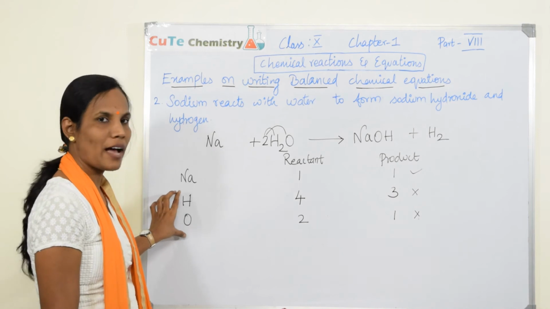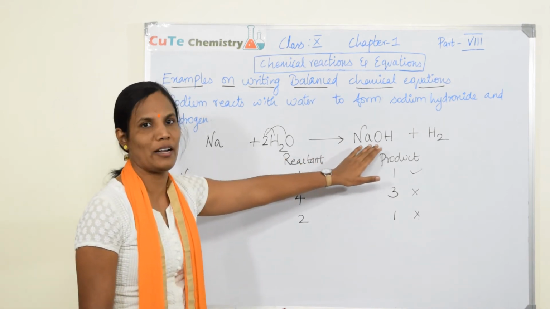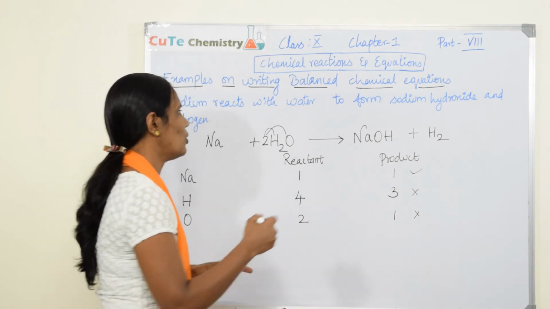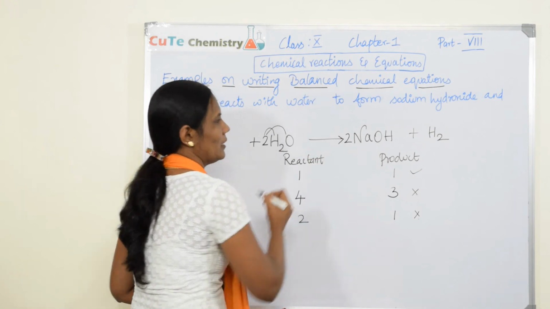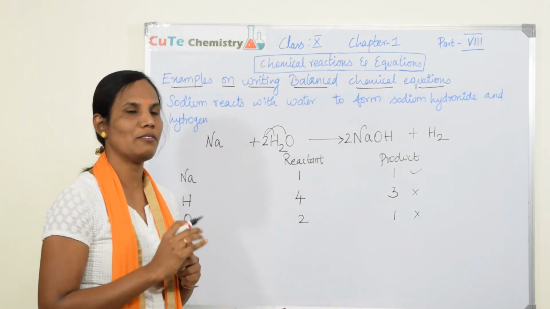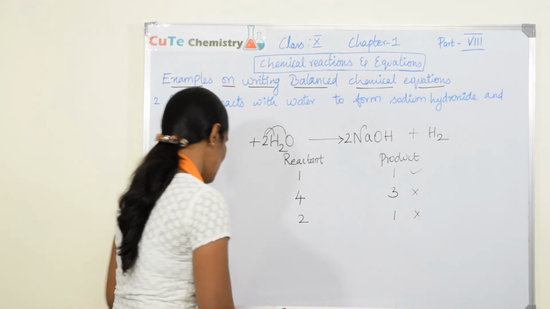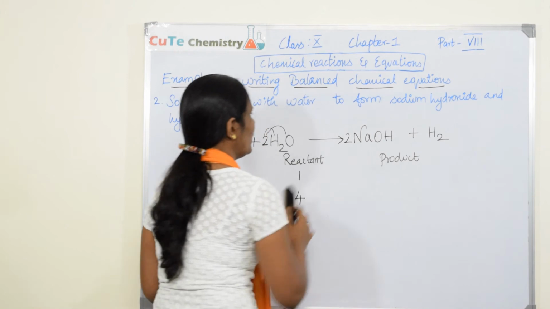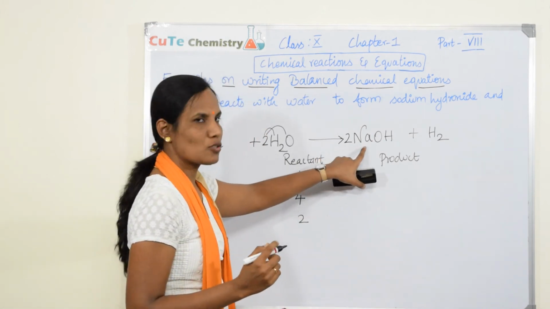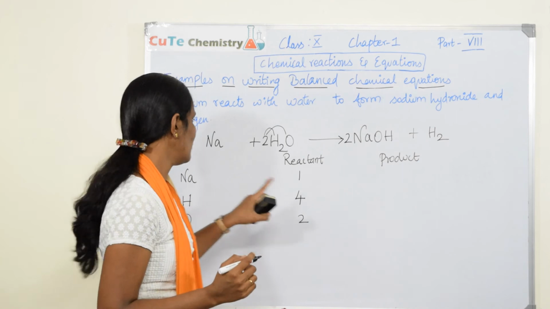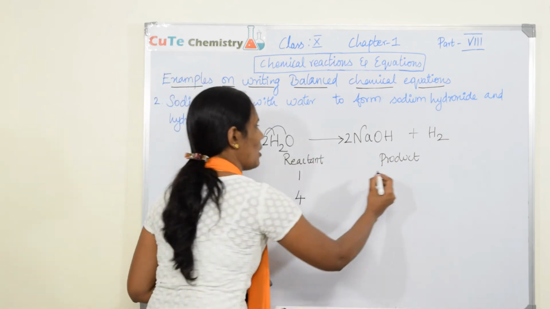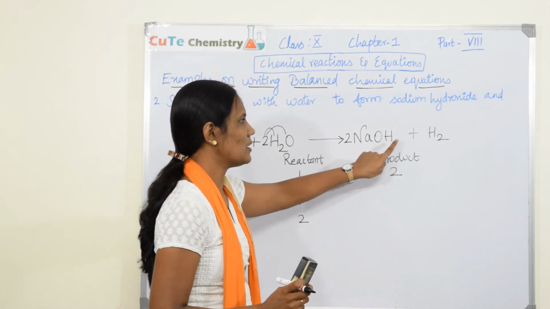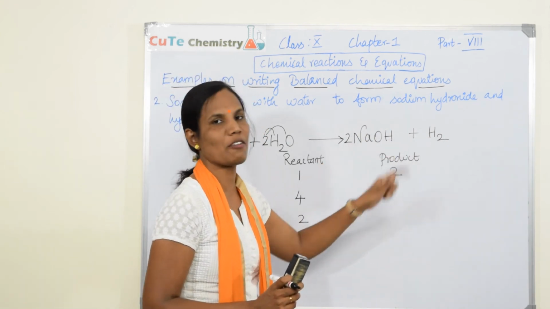The combination of hydrogen and oxygen atoms is present in sodium hydroxide. So we can multiply sodium hydroxide by the smallest whole number. If I put 2 here, we start multiplying the sodium hydroxide with 2. Now we will check the atoms present on the product side. Now this 2 is common for sodium, oxygen and hydrogen. So the number of atoms for sodium is now 2, and for hydrogen, here we have 2 hydrogen and this side we have 2 hydrogen, so the total number of hydrogen is now 4.